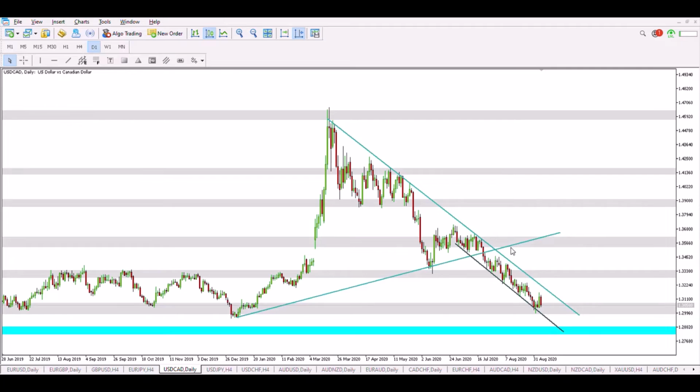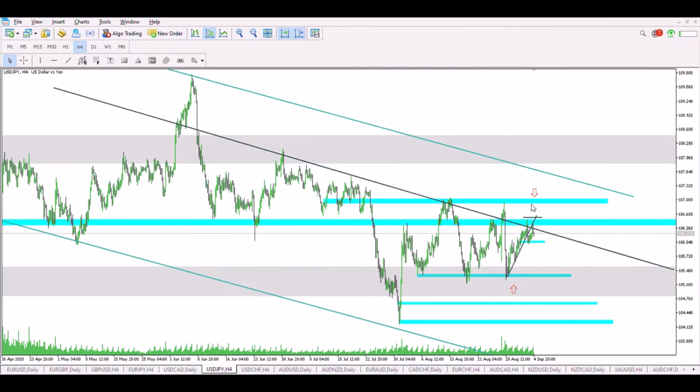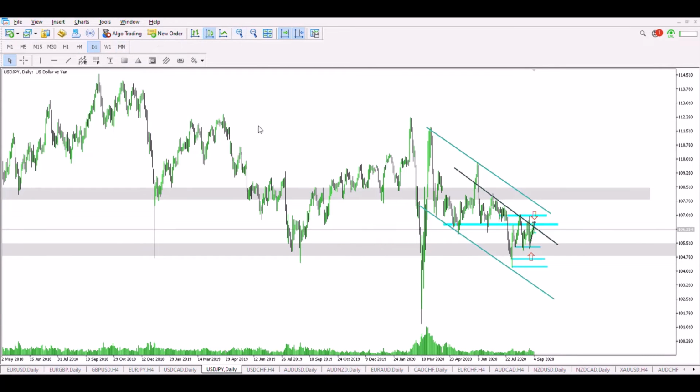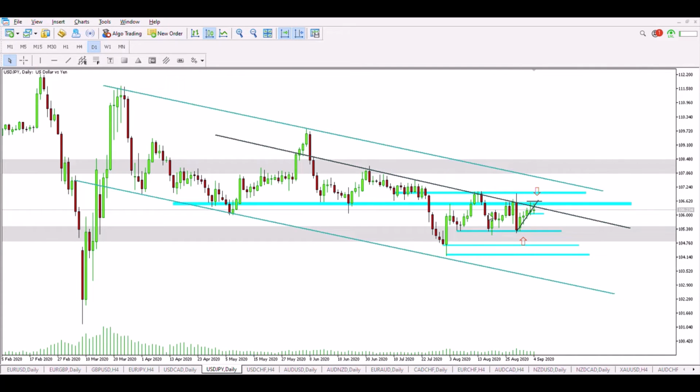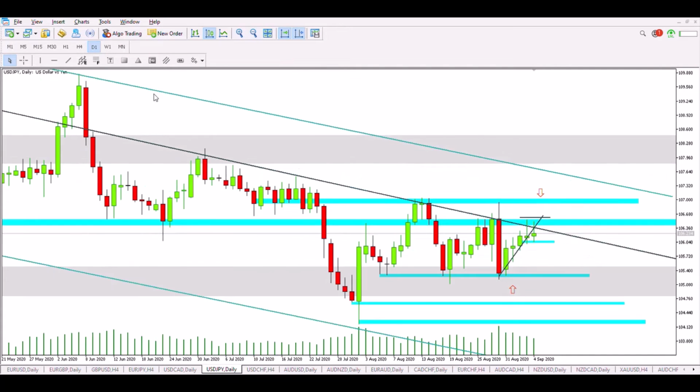This is usual for such a bearish trend. Okay guys, let's see. The next one is the USD JPY. I will move to the daily so you can just see the trend of the market, and it's going bearish for now. We had these massive bearish sell-offs the last weeks, and we can expect a new one if the